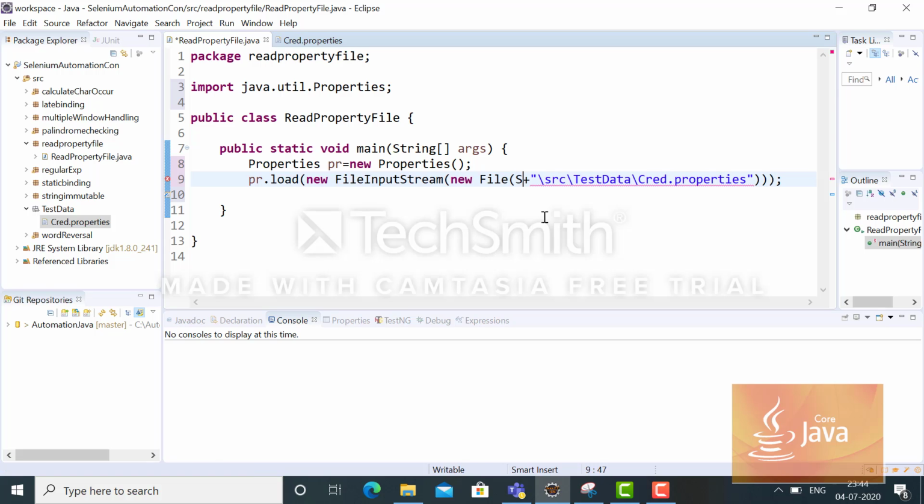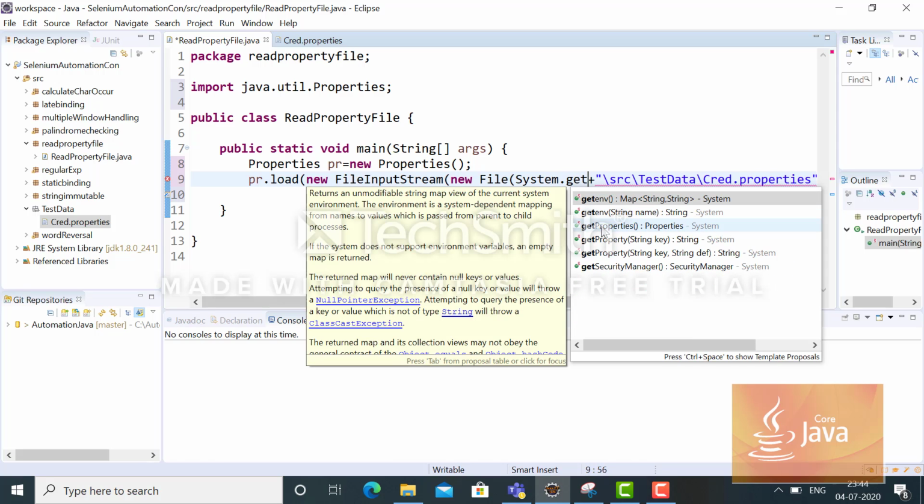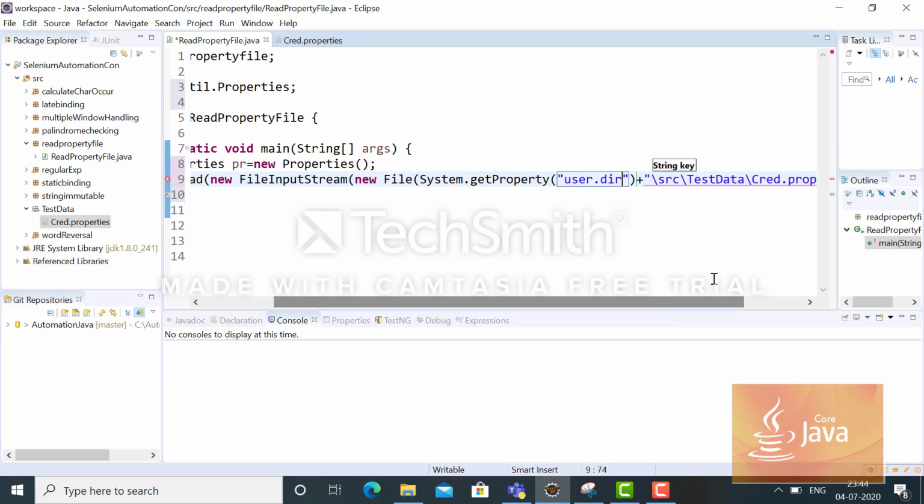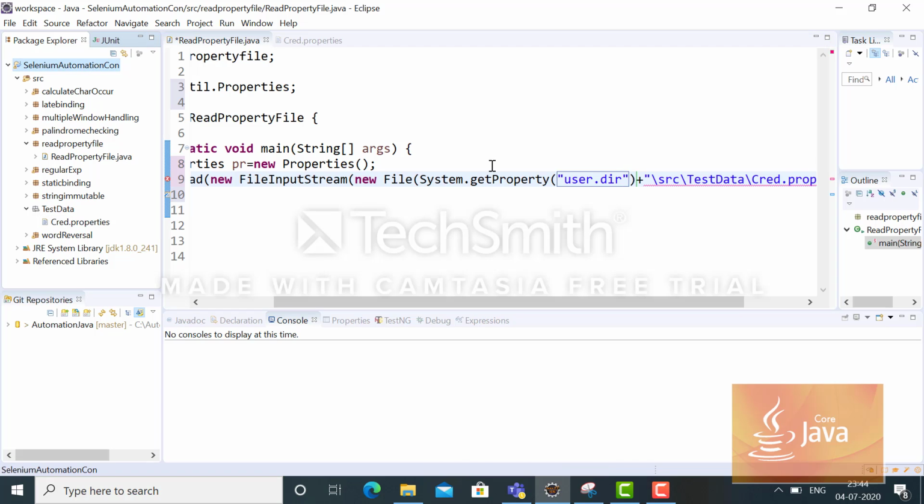I will concatenate System.getProperty with user.dir. So it will fetch my current automation project directory till this Selenium automation concept. Okay, and I have to add the remaining path.